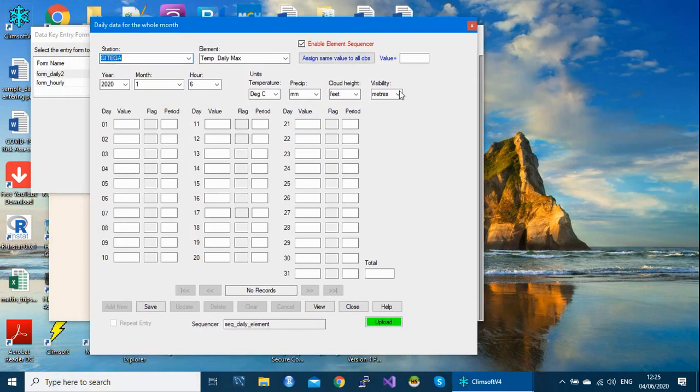We want to enter the data, starting with the maximum temperature. Let's say it was 30 degrees Celsius. Here you normally type 300, and it will be divided by 10. This you set under your metadata configuration.